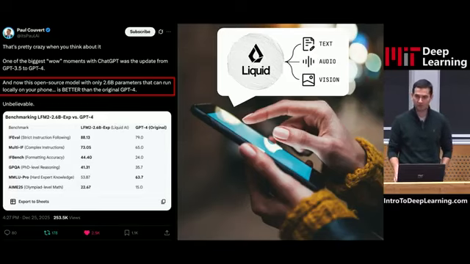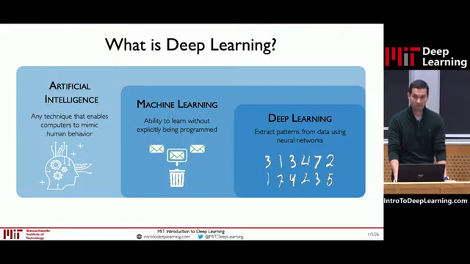One of the biggest wow moments of GPT was the update from 3.5 to 4. And now this open source model that anybody can download and put on their phone, with only 2 billion parameters, is better than the original GPT-4 model in terms of basically every benchmark that comes out, right? And this is a model, again, that you can run entirely on your phone. It's open source. You can fine-tune it on your own prem, right? So that's the pace of the field. That's why this class is happening at such an exciting time. So let's dive into it, right? This is what we'll learn in the class.